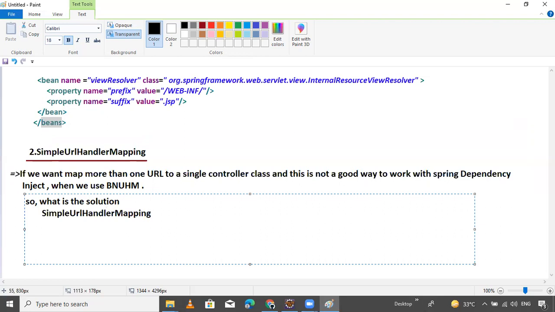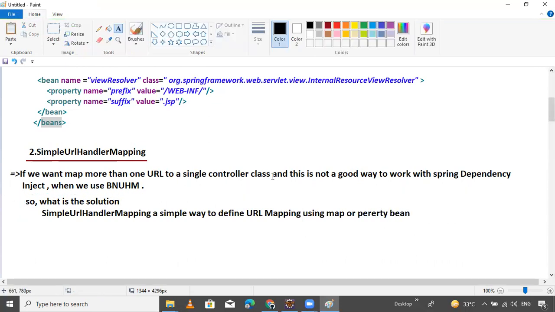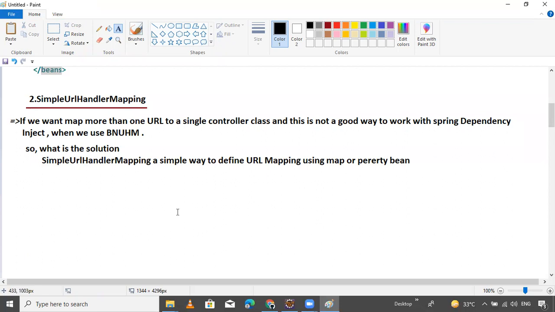It is a simple way to define URL mapping using a map or property bean. We can define it in two ways: the first way is the property bean, the second one is the map. In the simple way, I will give an example also, don't worry. Write it down. So the next point is